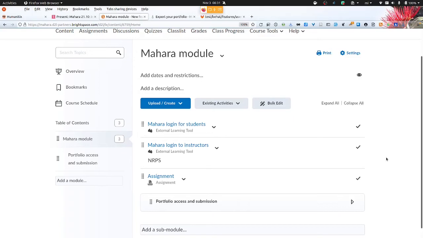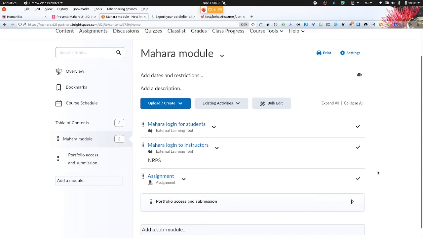Then there is the so-called NRPS, or we call it NERPS, because in New Zealand, you try to spell abbreviations nicely. That means name and role provisioning service, which essentially is that part that we need to set up a group automatically based on a course in the LMS, and also take the course enrollments along, and also keep those course enrollments updated.